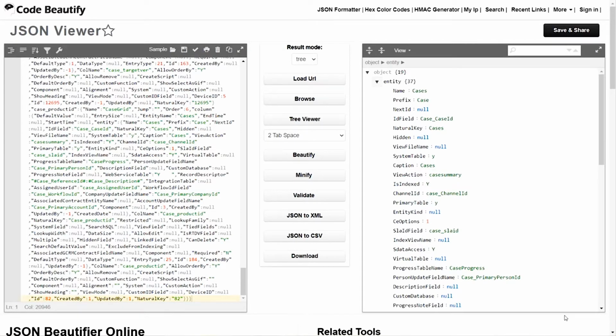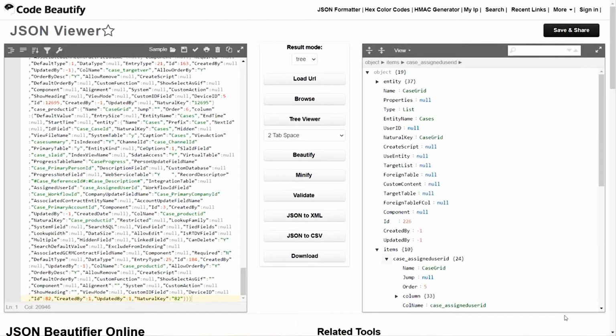Now I opened up the entity detail, and this shows the information provided about the table. I've closed up the details of the entity, and I can now see the properties of the case grid and its columns. You can see here that I can tell whether the custom content property has been included within the definition and all of the properties of each field.